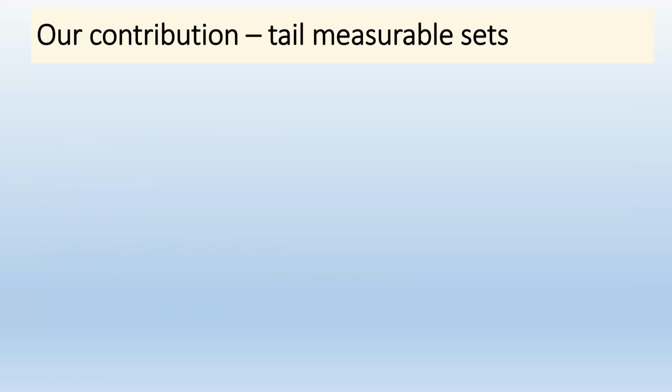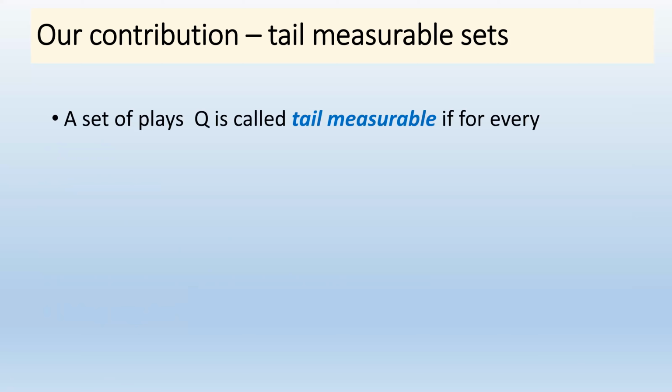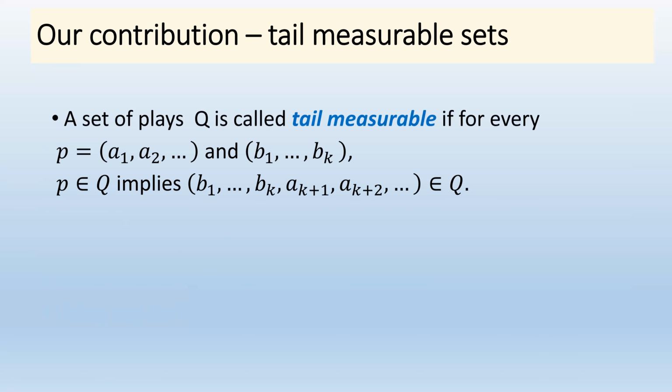Think about infinite horizon games with winning sets. With many players, each player has a winning set such that her payoff is the characteristic function of this set. So 1 if the play is inside this set, and 0 otherwise. Specifically, we are interested in tail-measurable sets. So when is a set of plays tail-measurable? When the membership of a play in the set does not change when we change the actions played in finitely many periods. In other words, we have 2 plays here.